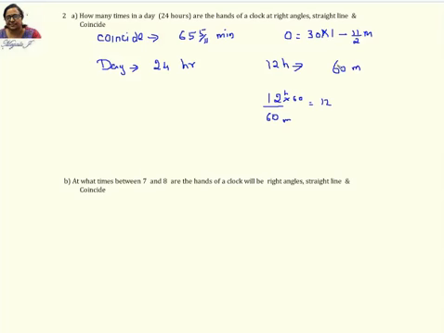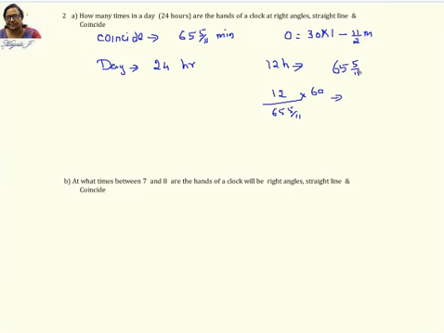Which value? This particular value, 60 minutes, is going to be 65 5/11 minutes. So what do you do here? 12 divided by 65 5/11, and that again is in minutes, so I'm converting it into hours by dividing by 60. That divide by 60 will give you the answer in terms of hours. So how do you calculate this?